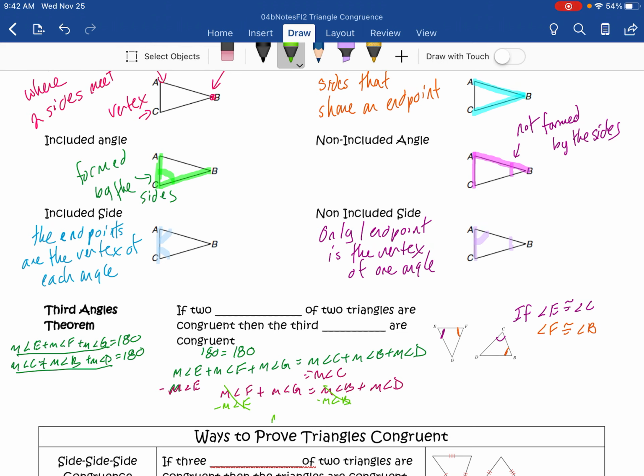Okay, and basically third angles theorem just says if two angles of one triangle are congruent to two angles of a second triangle, then their third angles are congruent. And so that's my conclusion here. The measure of angle G must be equal to the measure of angle D. And I just wanted to do the proof really quickly. So that's the first part. We'll continue